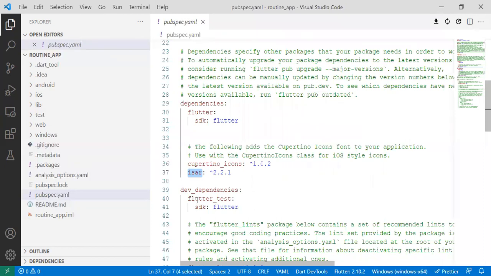So that's about it. Next up, we'll start working on the first concept of Isar, which is collections, and then